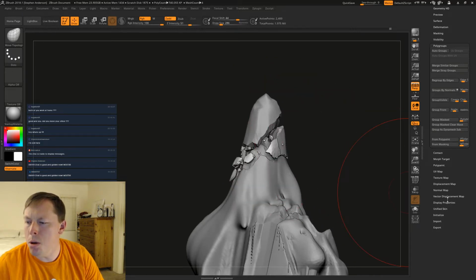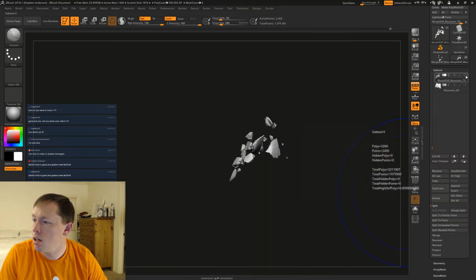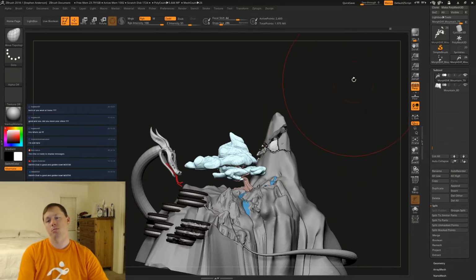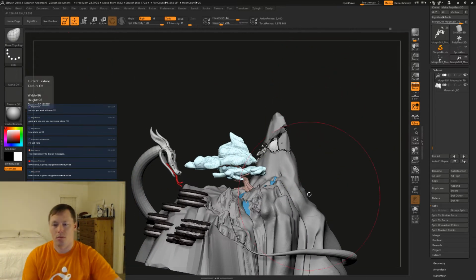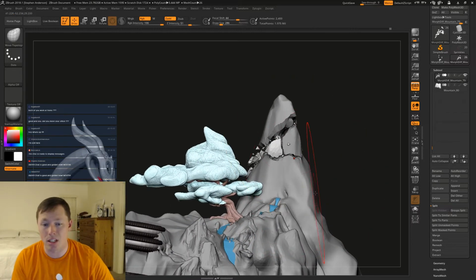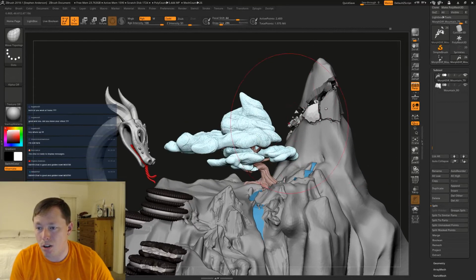Alright, let's check it with the rest of the composition. We'll say shift click and then shift click, and that'll bring everything in. Okay, so right off the bat, because I'm able to see this now with the rest of everything, I can tell that I want to already come in and make this really just kind of float off more.